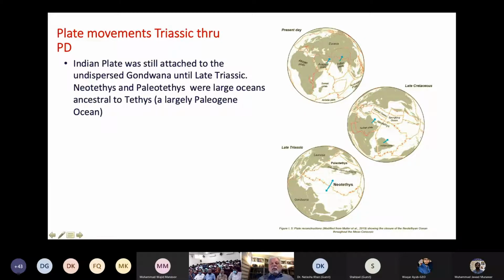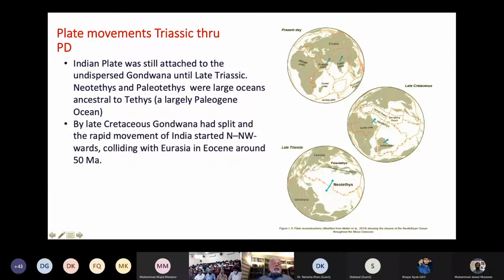So in the Paleogene, as you can see, India has now split from Africa, but Madagascar is still attached to it, and it is moving eastwards. It actually moved very rapidly. By the late Cretaceous, Gondwana had split, and the rapid movement of India started northwest, which collided with Asia about 50 million years ago